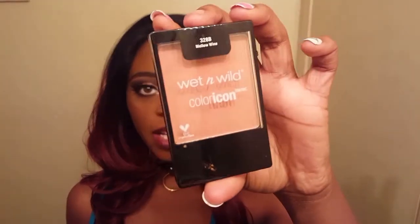and the brow pencil. Now, I did try this before in the past, but I did have to buy a new one for this video, but I have tried this already. Now, the new goodies I got, as mentioned, the Photo Focus foundation, the Liquid Catsuit Liquid Lipstick, the Pro Line Graphic Marker Eyeliner, the Color Icon Blush in Mellow Wine, and lastly, the All Natural palette in the